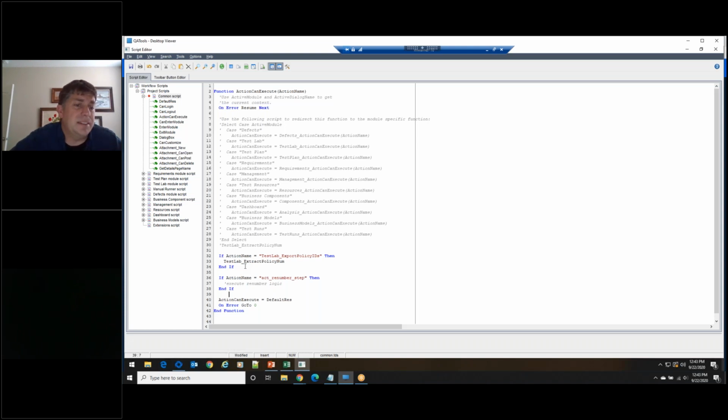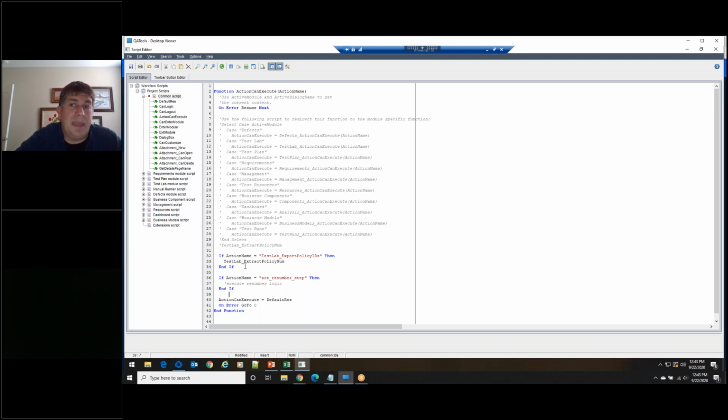A couple of other places that I've used this is for importing data. At one of the companies I was at previously, we had a very, very specific format to our requirements, and none of the importers could really import it well. But using this, I click a button that says, okay, import this specific file, and we're able to import data that way.